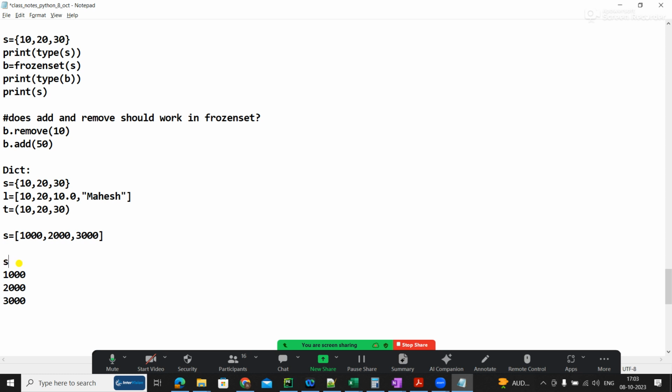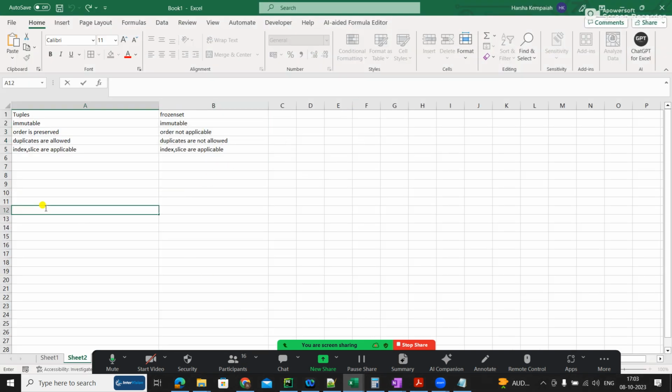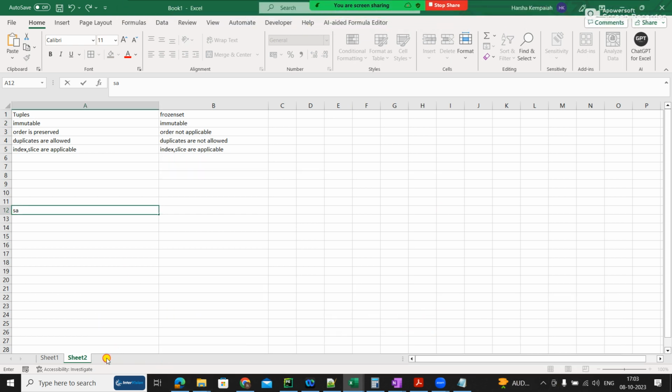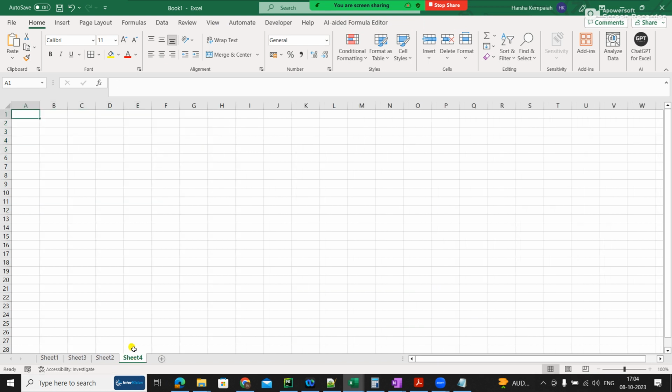So if this was given as salary, then everyone will understand. In the same way there is a lot of data. Excel is the best example. I need one column as salary, one column as employee name, one column as department number.